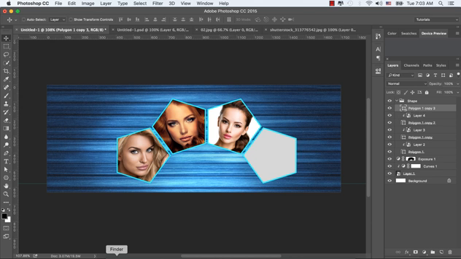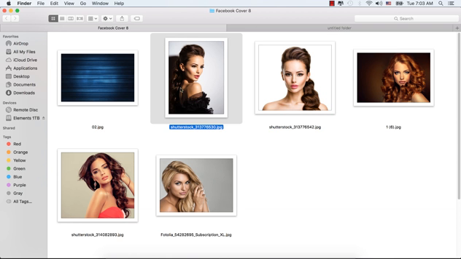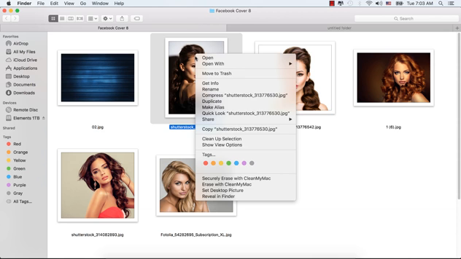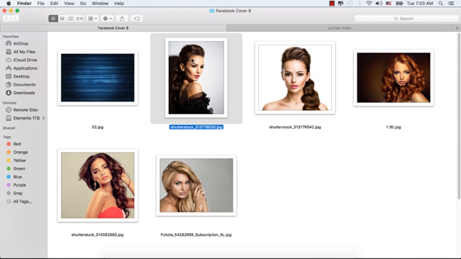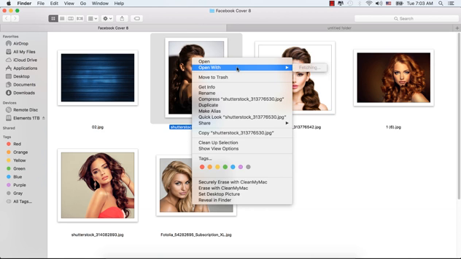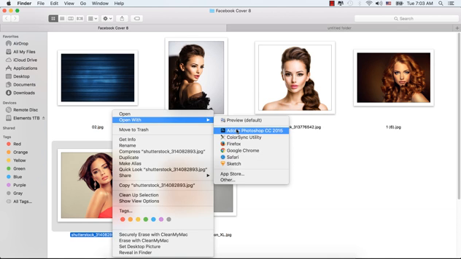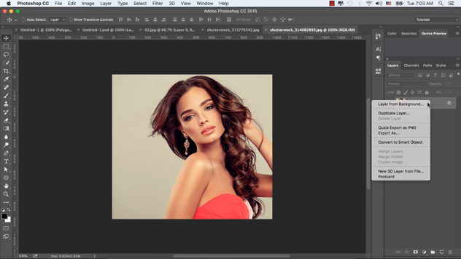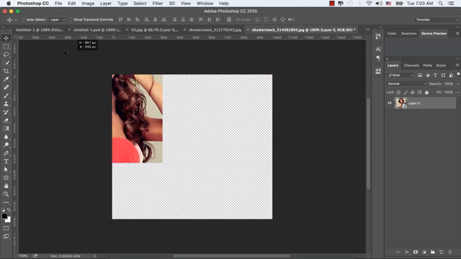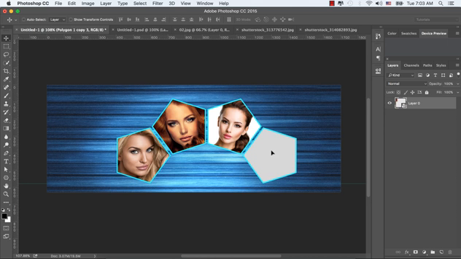And let's select our last layer, the polygon shape, and bring an image from the image folder, convert it to a smart object, and drop it to our main document.